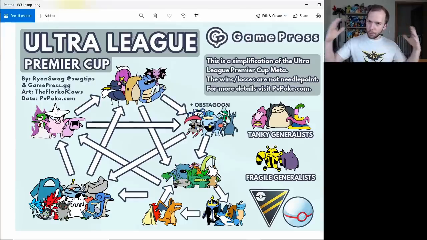So just keep an open mind. Use your brain when using this graphic. I'm just trying to show people the general relationships to help them understand the meta and help them out with